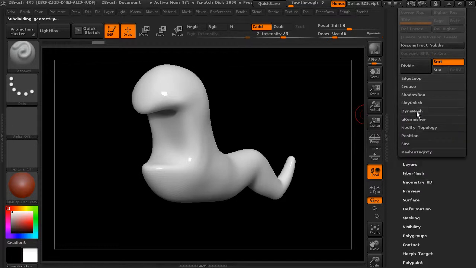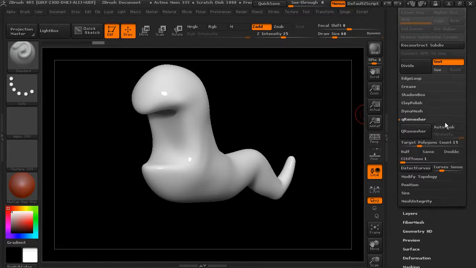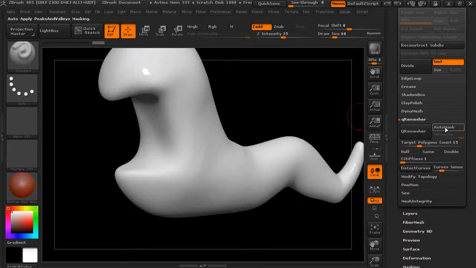We can go into the QRemesher right here, and this will allow us to remesh the object in a different way. So we could say, okay, I want to set the target polygon count. I only want to have 10,000 polygons, so I can input that here. Or I can say I want to have half the number of polygons, or the same number. And then we can use QRemesher, and it'll go